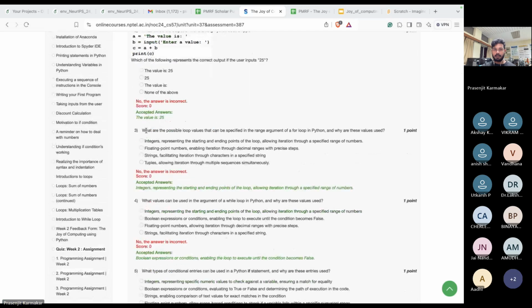Okay. So what are the possible values that can be specified in the range argument for a loop in Python, and why are these values used? Integers representing the starting and ending point of the loop, allowing iteration through a specific range of numbers. Floating point numbers cannot be given. Strings cannot be given. Tuples, allowing iteration through multiple sequences? No, it's the first one. Only integers that represent the starting and ending of a loop, and you can also give the